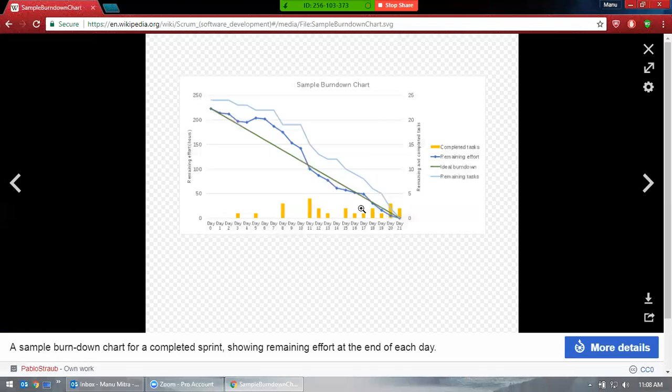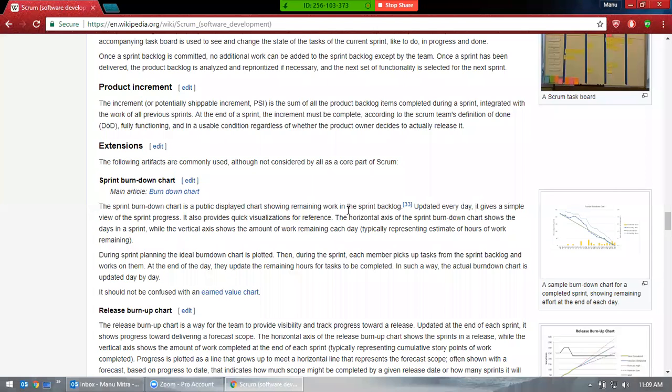You might spend some time that was not predicted. You never know what issue shows up, and that issue may be a different issue, and it took time to coordinate with other teams. So a lot of time gets used up. That's the reason you don't get the perfect line. So that's a burn down chart.